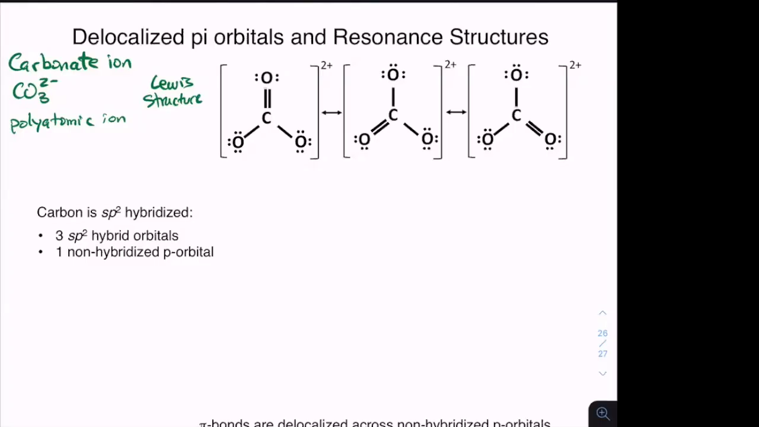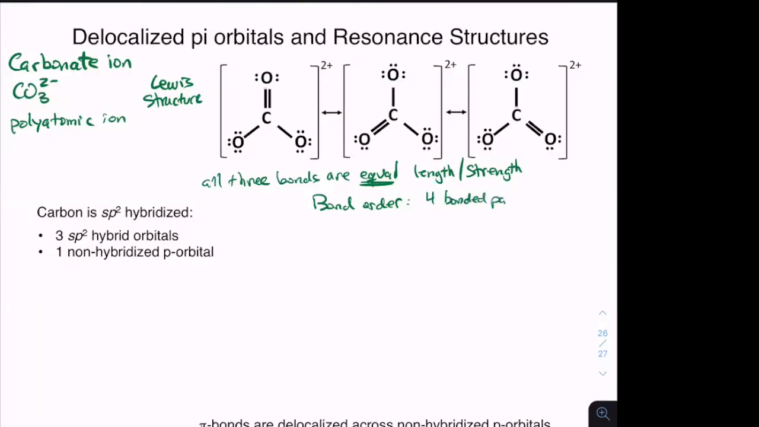All right, so let's now build these. But let me write a few things here. So all three bonds are equal. Right? Equal length and equal strength. And we even described the bond order. The bond order, we had four bonds, or four bonded pairs. Let's write that, 4 bonded pairs